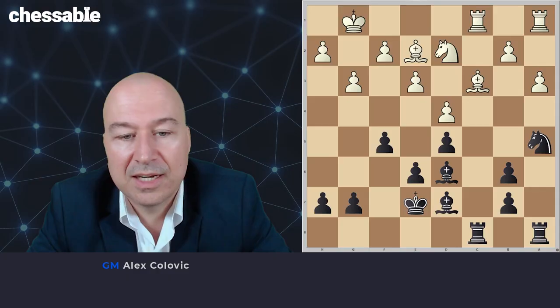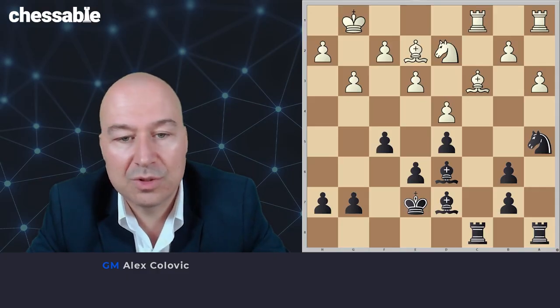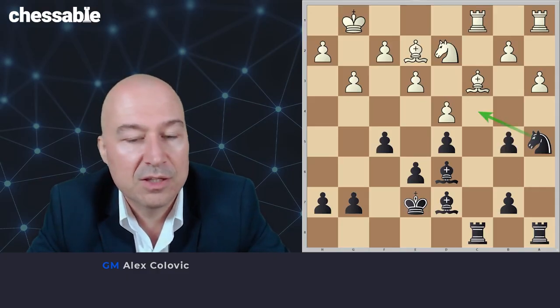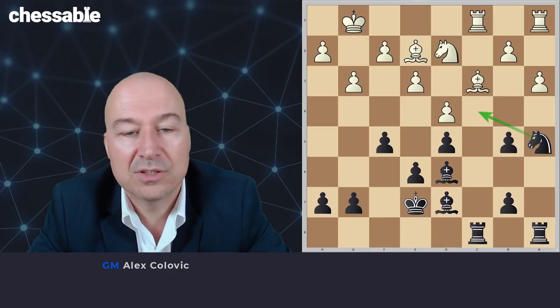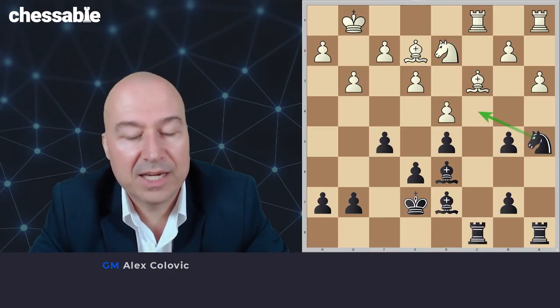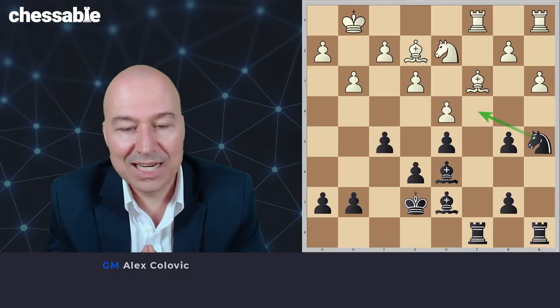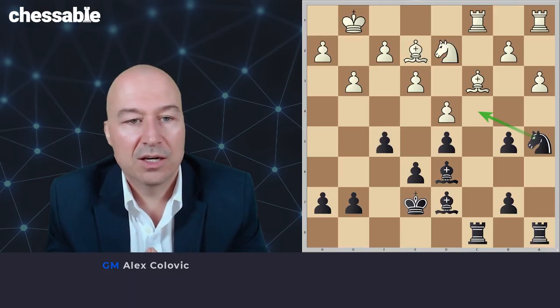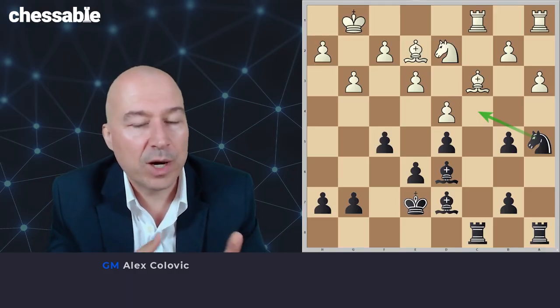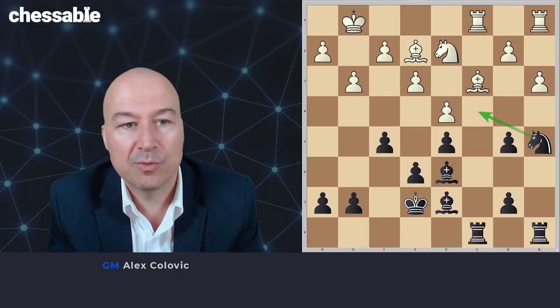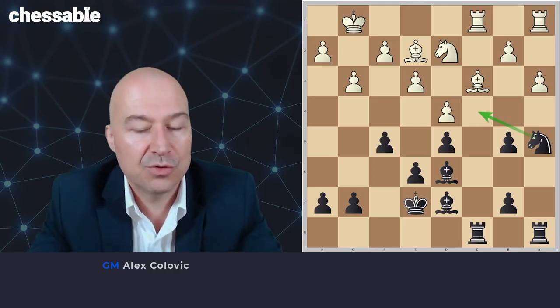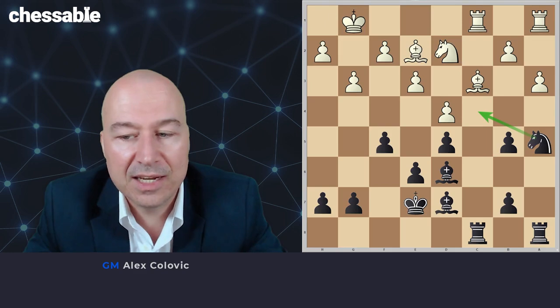Capablanca, on the other side, continues with his plan. He goes b5. Yeah. So again, I said, notice the difference of the approach. Black is playing moves that are easily understandable. They are clear. He's following his plan, whereas white is playing strange moves like g3, and now again on the next move a move like f3. So not very clear cut, and